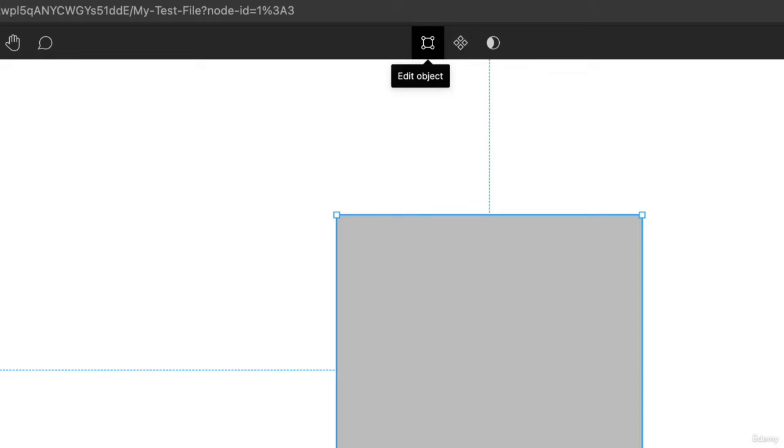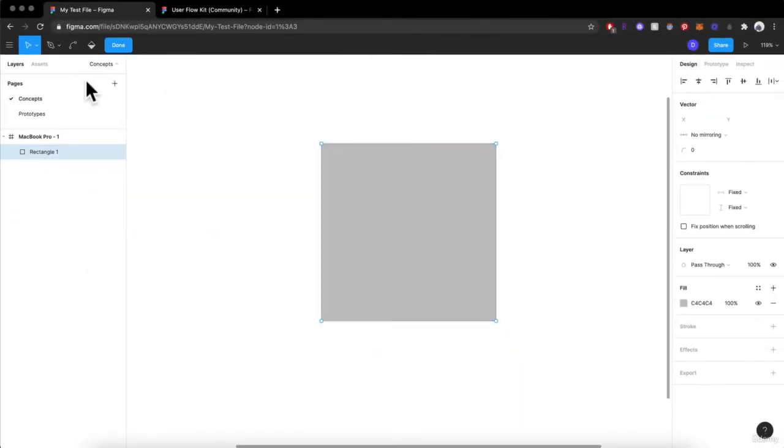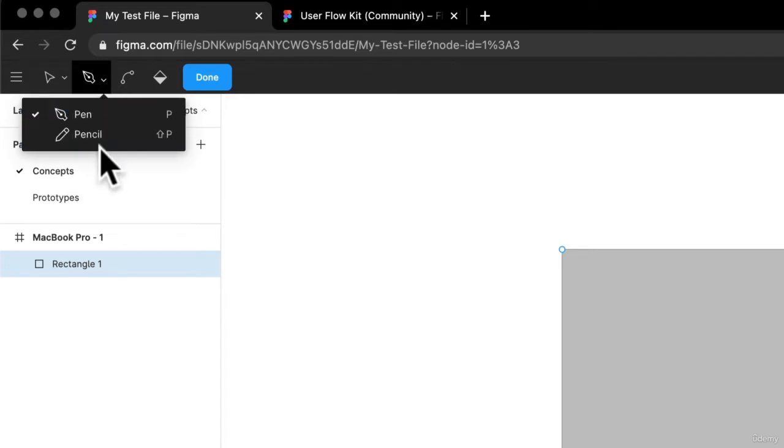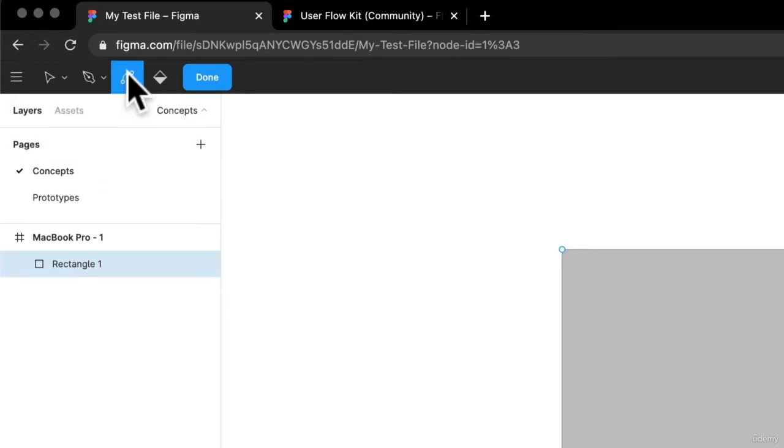So the first option is Edit Object. I've selected Edit Object and I have a couple of options up here. I have the Move tool. I have drawing tools like the pen tool that we saw before and the pencil tool. I also have the Bend tool, which will allow me to make some really nice curves. And I have the Paint Bucket tool. So I really want to focus on a couple of these tools because you won't be using them all that often. But if we use the Move tool, we can select a point on this square